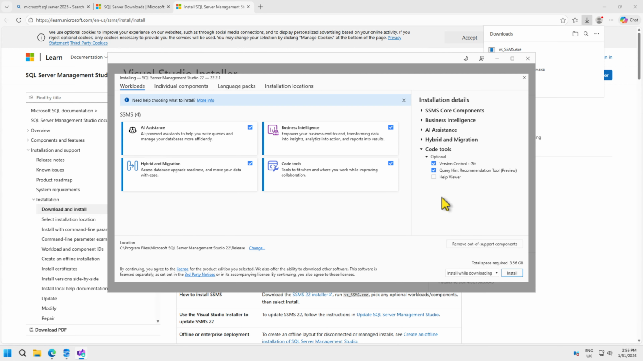So these code tools give us options for version control. All the SQL code we are writing, we will now be able to version control. And also there's a query recommendation tool, which is still in preview. If you have used Microsoft VS Code, you know that this is also part of it. It will auto-complete the code you write and everything like that. So also untick this app viewer. It's also important. And right now at the bottom here, just click on install,